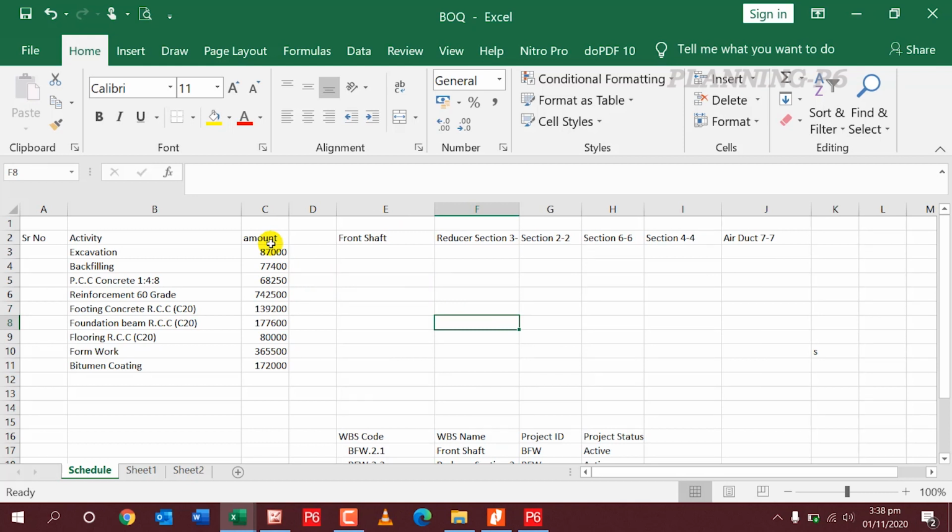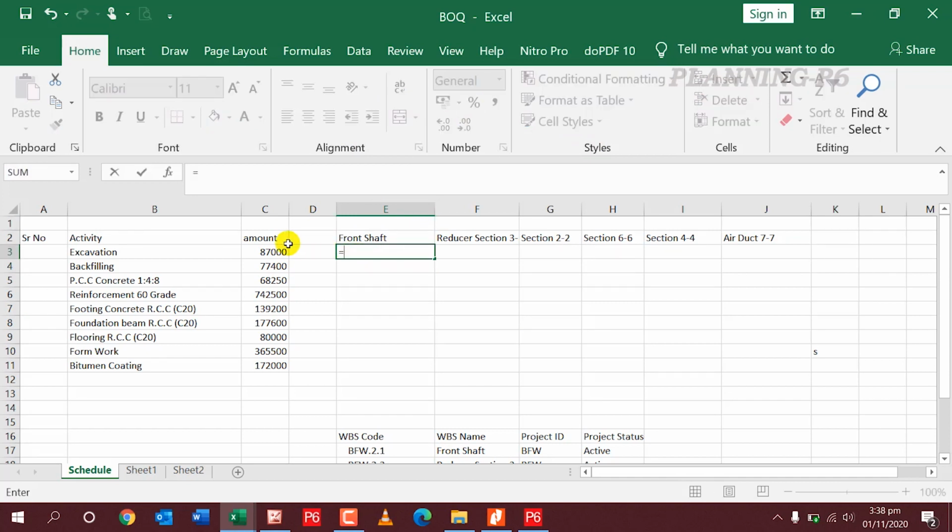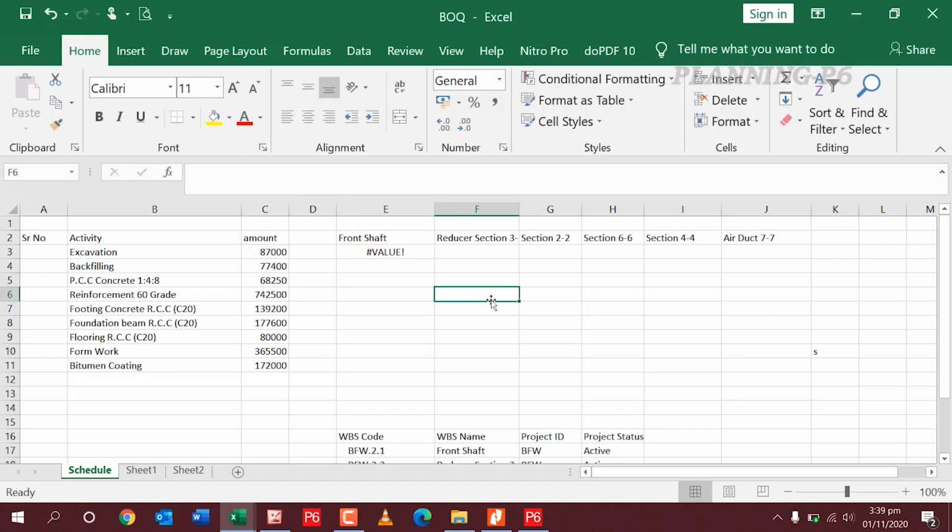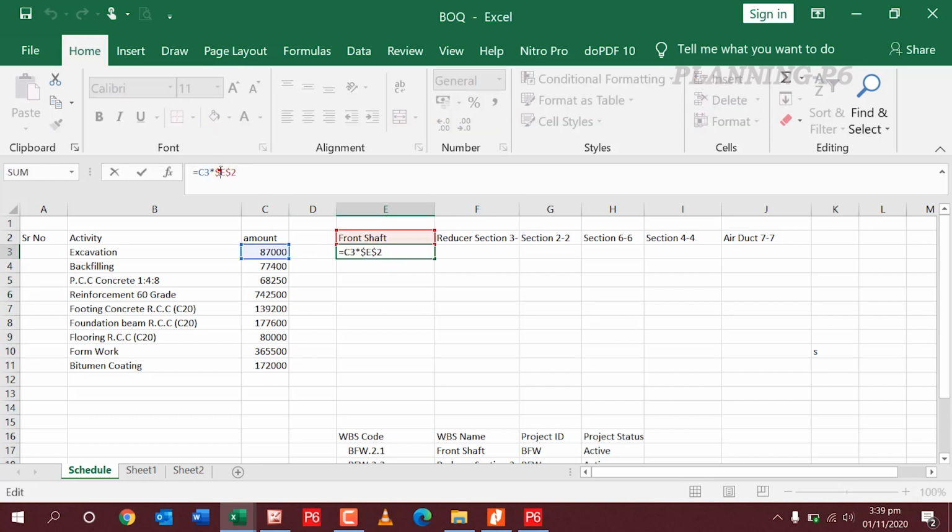So this one, if it is 100%, this one multiplied by this one, with a dollar sign here and a dollar sign here. 2, 1. So here I will copy.